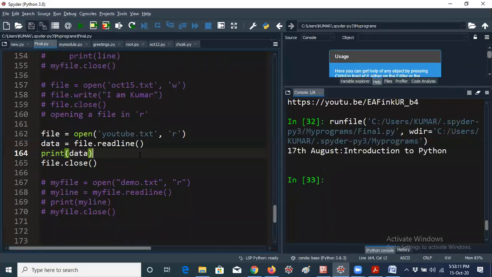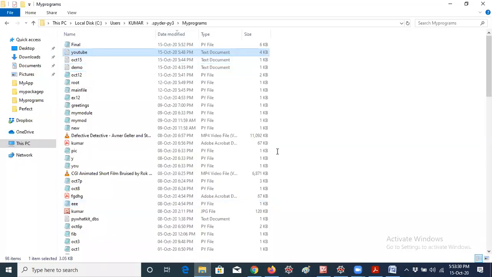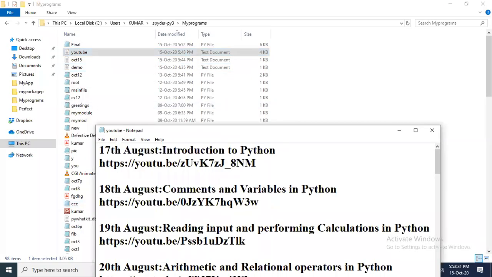The read method reads all the data which is there in the particular file, whereas the readline method takes only one line. That means it will print that particular line as the output. So now the data contains only one line. That is the answer. For example, I'm opening this document again, the YouTube file. In introduction to Python